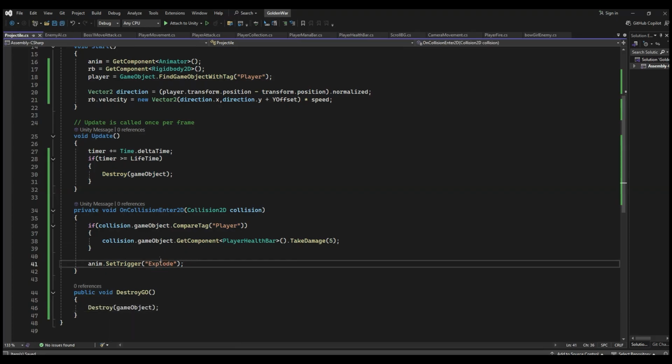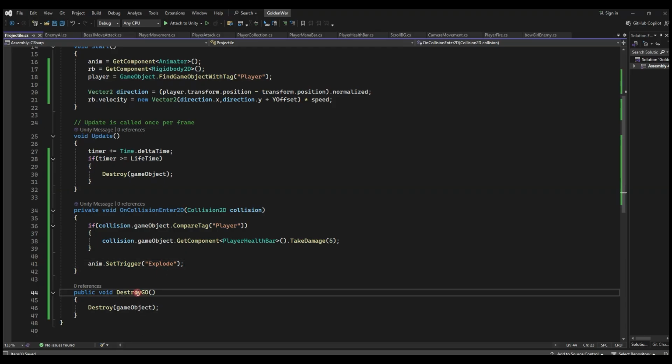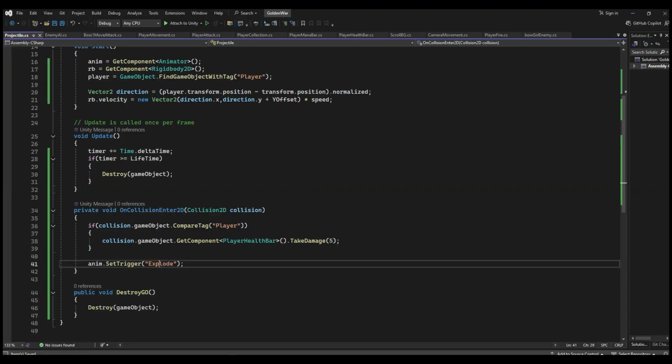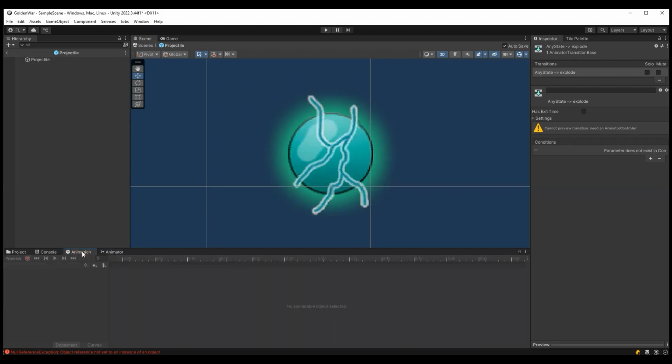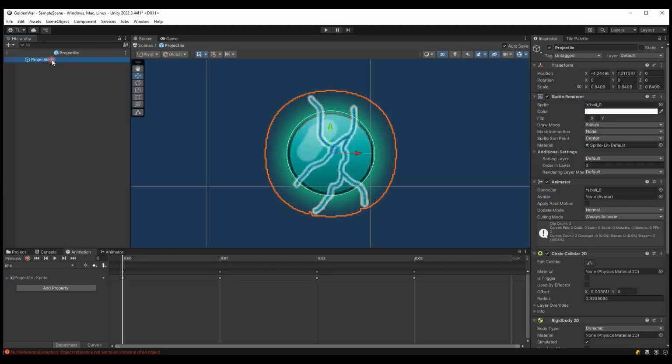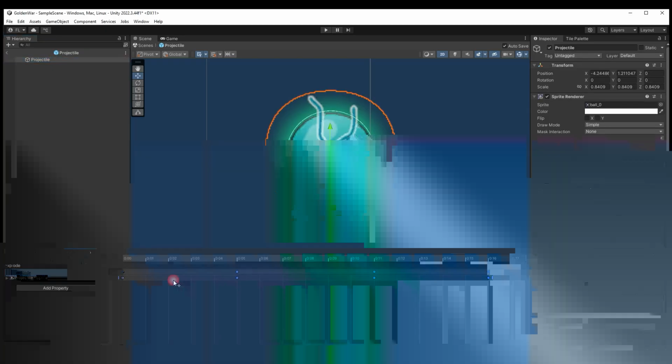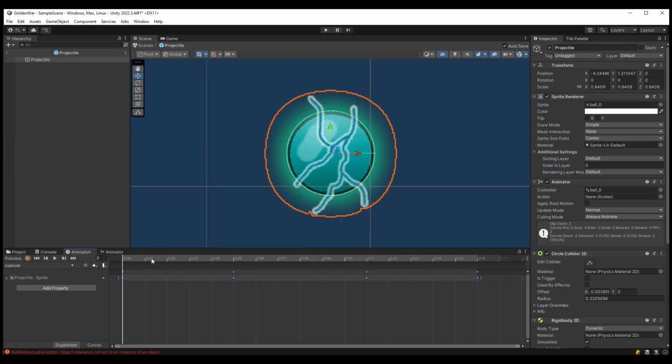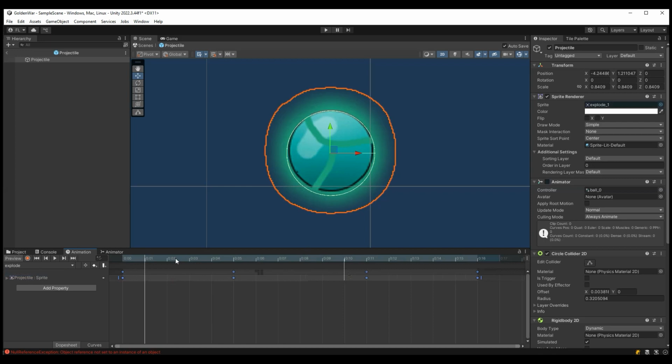You can say Invoke and give some seconds so the animation will be played and then it is destroyed, or you can directly go to the animation of the destroy. The explode is something like this. Last frame,